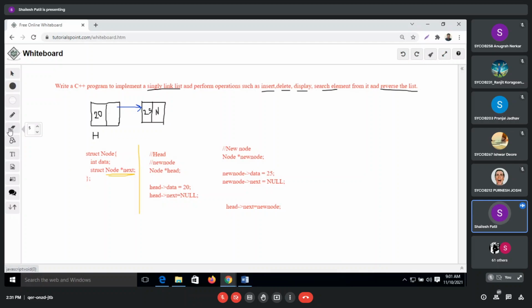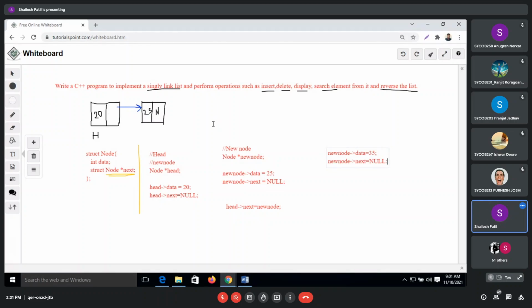I will create another new node with the same terminology. So new node data is equal to 35, and new node next is equal to null.